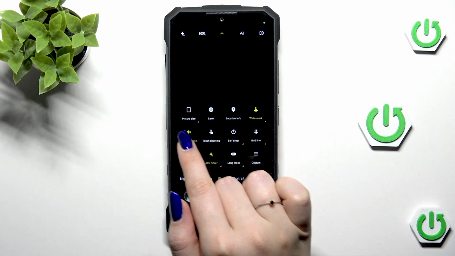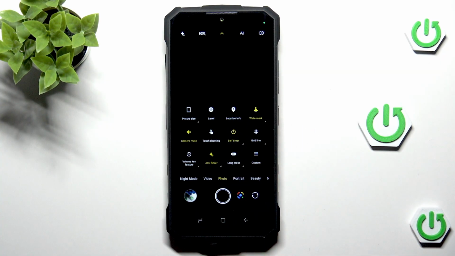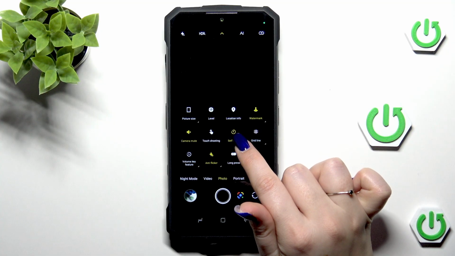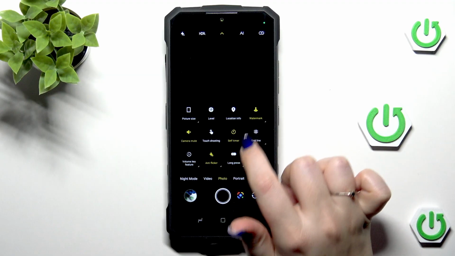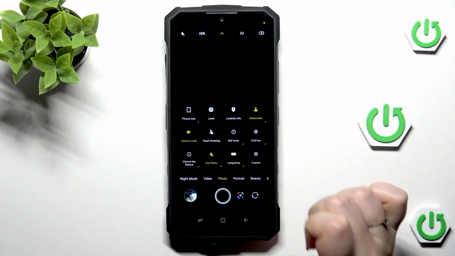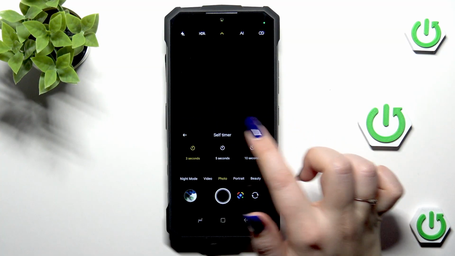and let's take a look at the second row, and on the second position from the right we've got the timer, so let's tap on it. Now after tapping on it, we can activate it. I'm not sure if you can see it, but it is highlighted and we've got the small 3 on the icon, which means that we've got the timer set for 3 seconds, and this is the only, no, this is